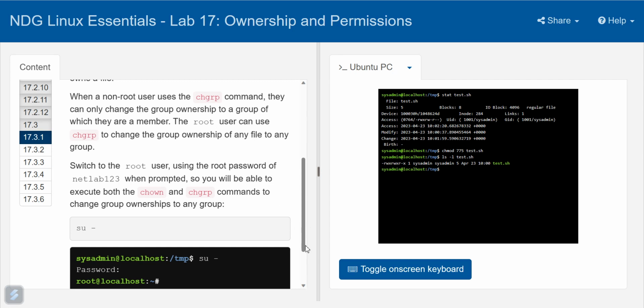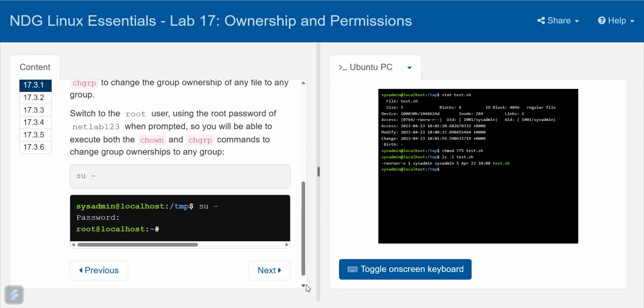Let's suppose the root user can change the group ownership of a file. Since I am in the sysadmin user, I have to switch to the root user. So how will I do it? There is a command, su and hyphen. It will ask for the password. We have a lab password called netlab